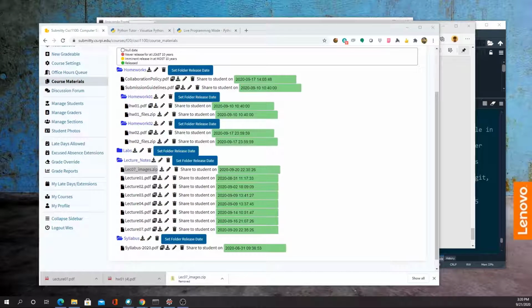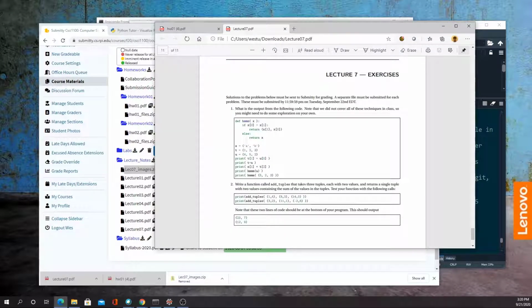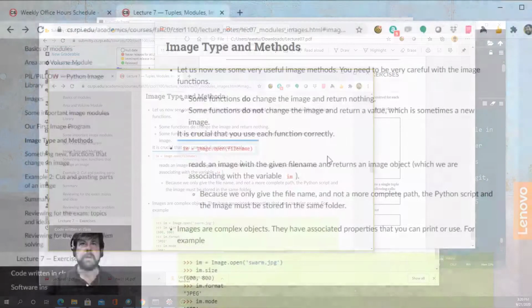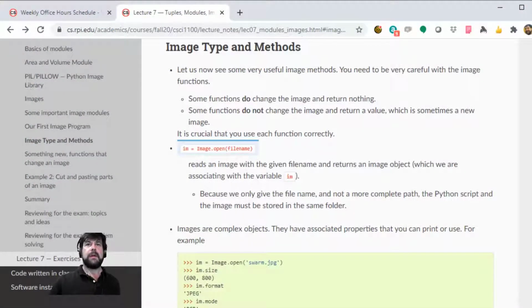All right, so let's get back to our handy-dandy notebook. Oh, I'm in the PDF now. There we are. Okay, so